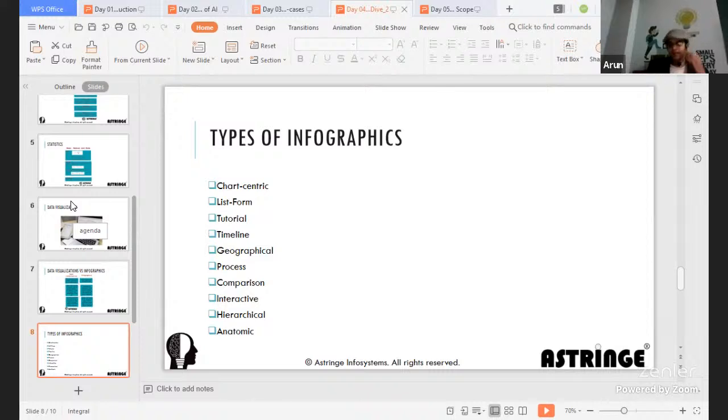Geographical could be your map data, or geographical data where you can use infographics to represent, if I take a typical example, whether a Mexican grill is available in a non-Mexico region.